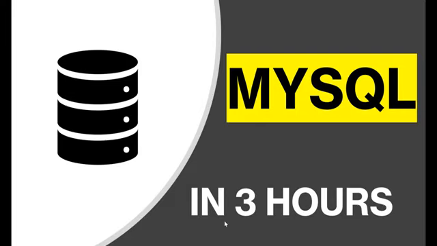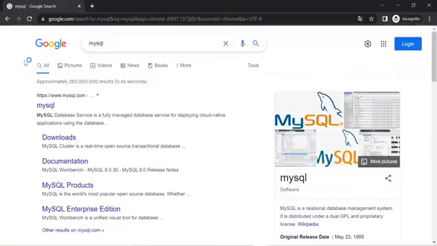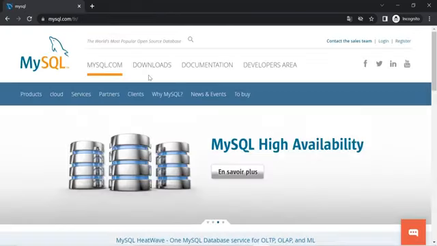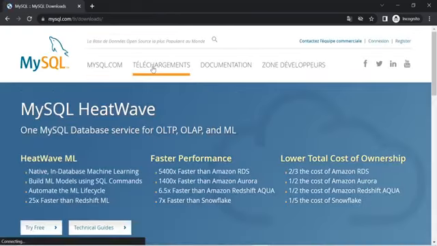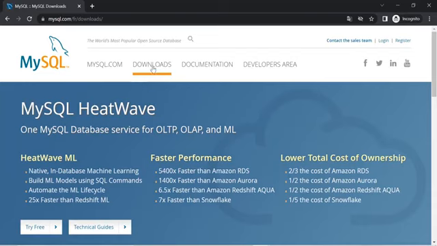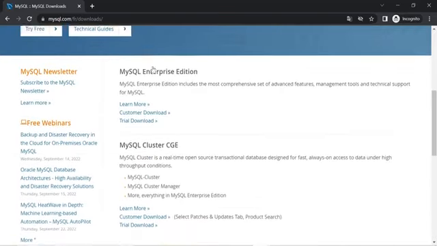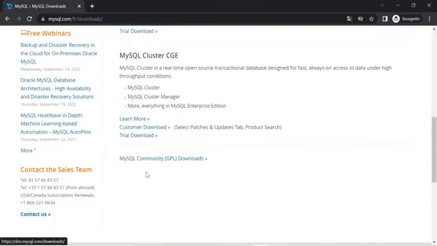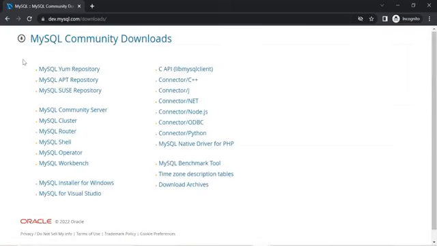So first, we are going to see how to install MySQL. So first we have to look for MySQL on Google. You click on MySQL official website. Then we click on downloads. Then you look for the MySQL community downloads. So as you can see here, we have a lot of MySQL community downloads, and in our case we are going to install that for Windows,